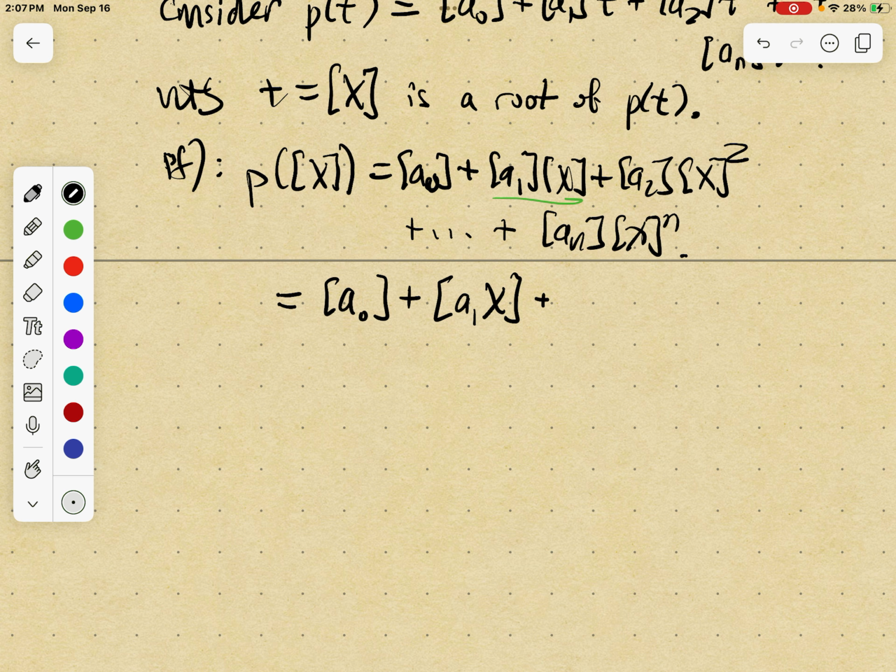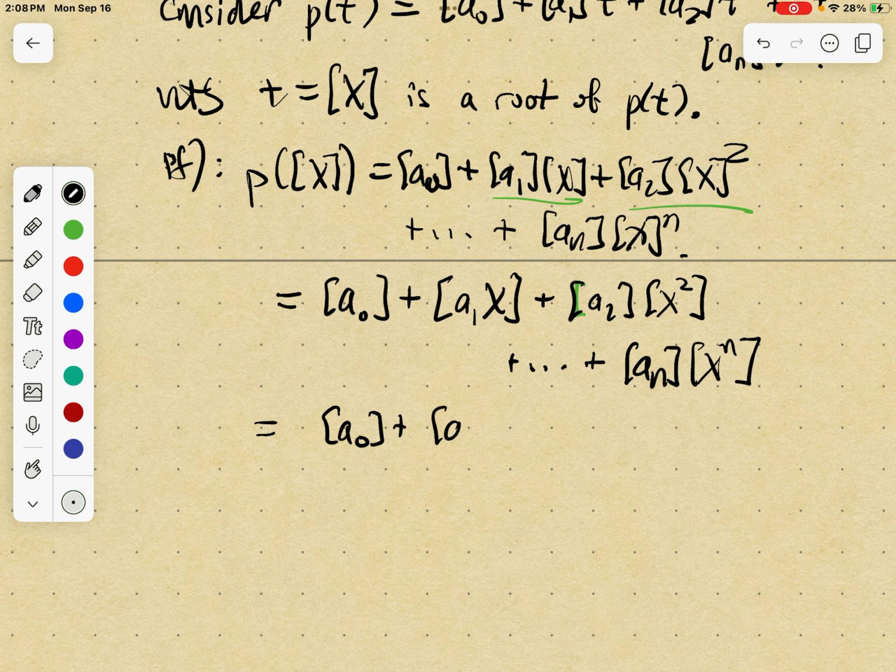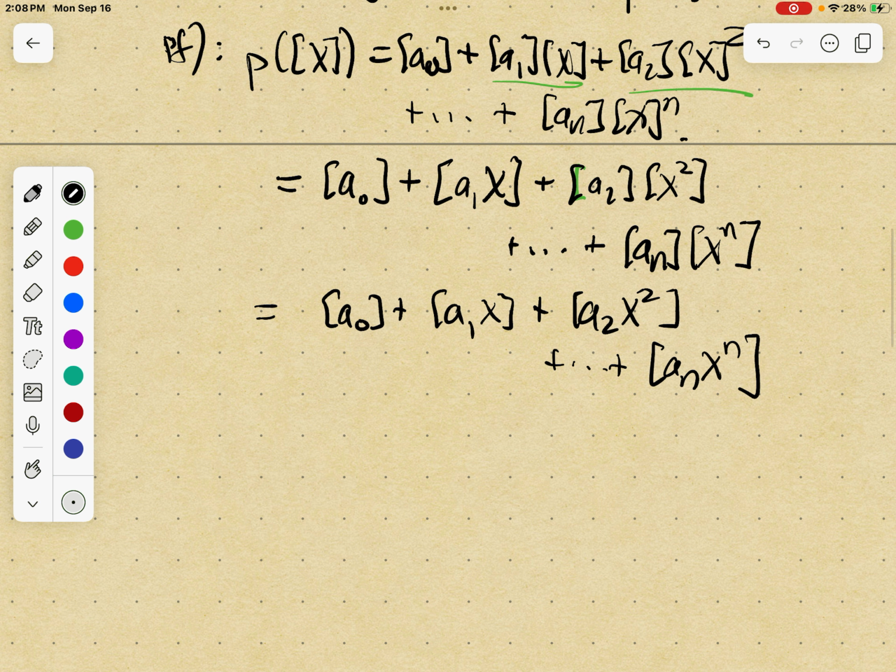And we defined this thing to be the coset of a2 times the coset of x squared, which is precisely the coset of a2x squared, and all the way down to this. And so this is equal to the coset of a naught plus the coset of a1x plus the coset of a2x squared plus dot dot dot plus the coset of a n x to the n, right? And by definition of the multiplication in E,